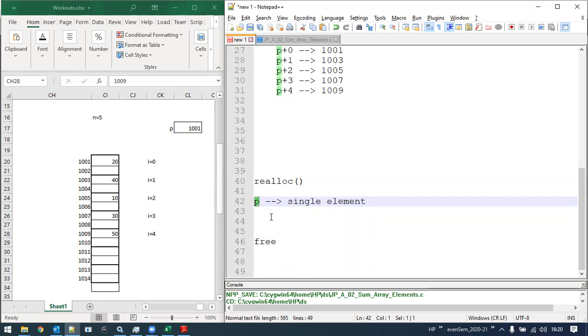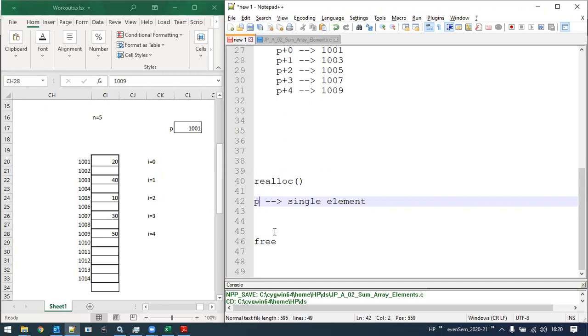That means I want to change the size of the memory block that p points to. I can increase the size, or if required, reduce the size also. So a programmer may be in a situation wherein they want to resize the given pointer.